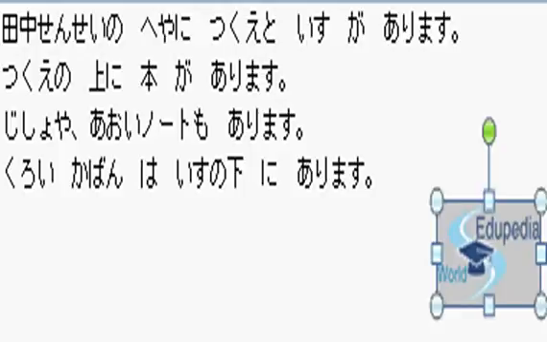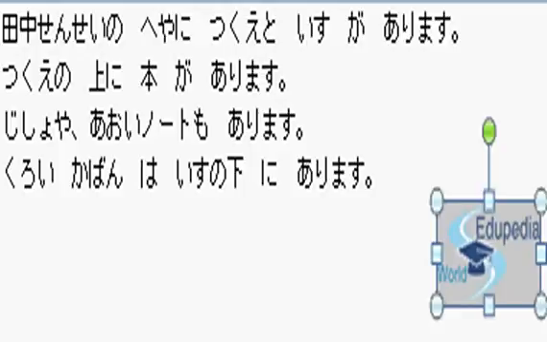Ni tsukue to, ni is the particle expressing location of existence. Tsukue meaning table, isu meaning chair, to is and, ga arimasu is the affirmative structure. The next line is tsukue no ue ni hon ga arimasu. Tsukue means table, ue is top, ni is the particle expressing location of existence, hon is book, ga arimasu is the affirmative structure, no is the connecting particle. So tsukue no ue ni hon ga arimasu. There is a book on the top of the table.